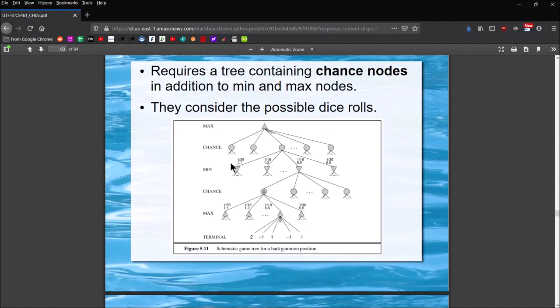So if you look along the top of the min nodes, you'll see some numbers there. You'll see 1/36, 1/18, 1/36. Underneath that, you'll see some numbers separated by commas: 1,1, 1,2, 6,5, 6,6, right? So what does this mean? Well, what it means is that we have a 1 in 36 chance of rolling a 1 and a 1, rolling snake eyes, right? And so that could lead us to a particular state that min would have to choose.